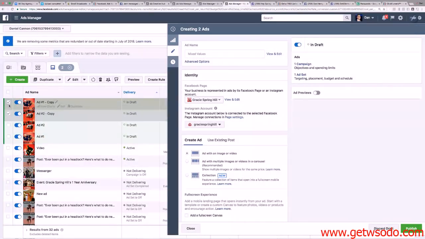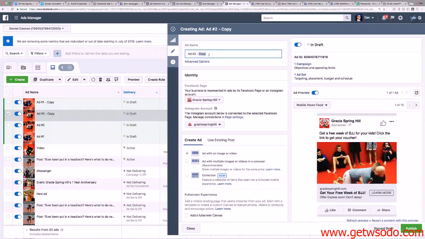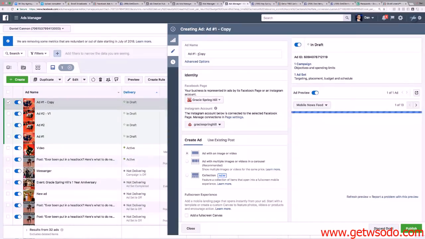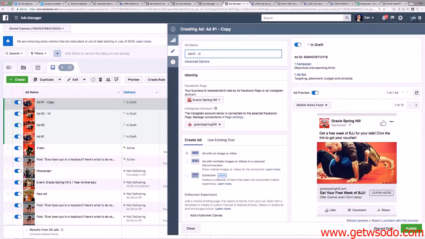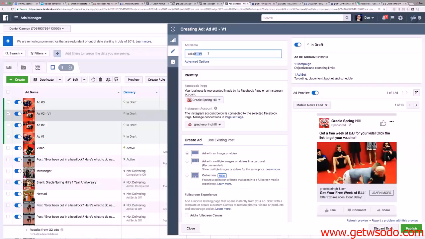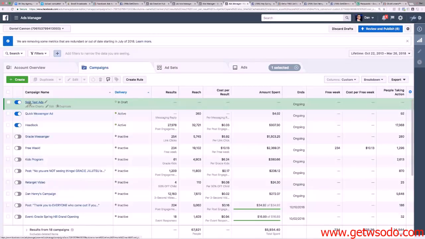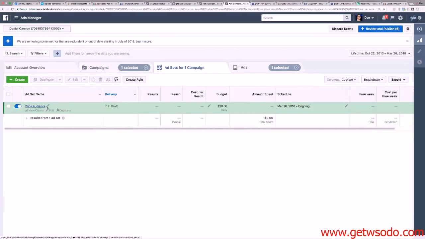So this time, we'll just keep it simple. We'll do version 3. Yeah, and version 4. That's fine. Okay. So again, we go back, we hit campaigns, we hit split test ads, we click our audience,